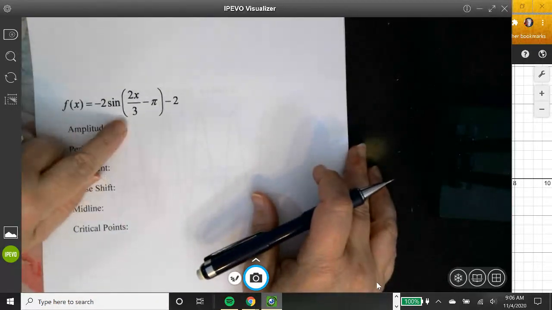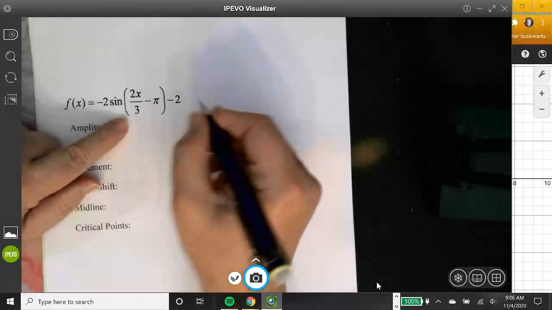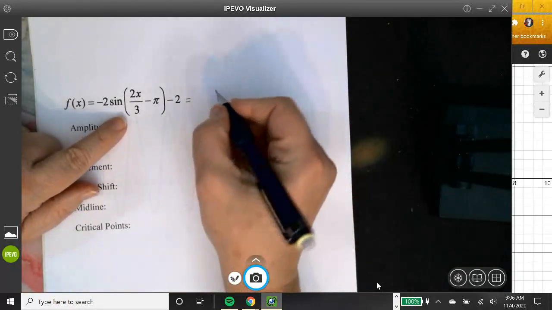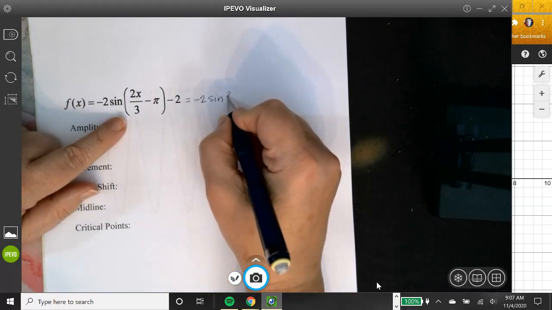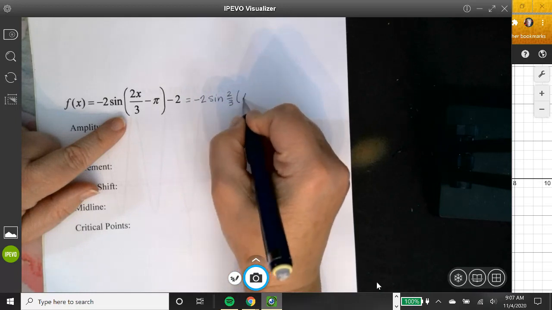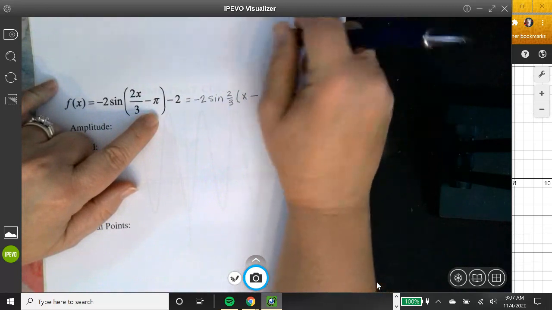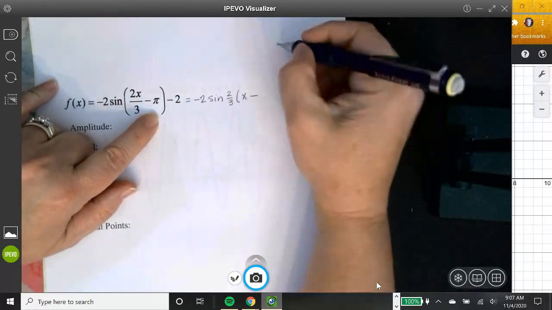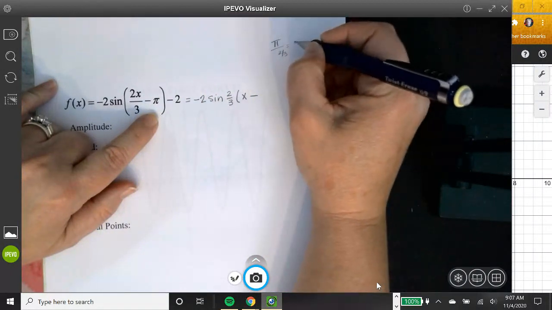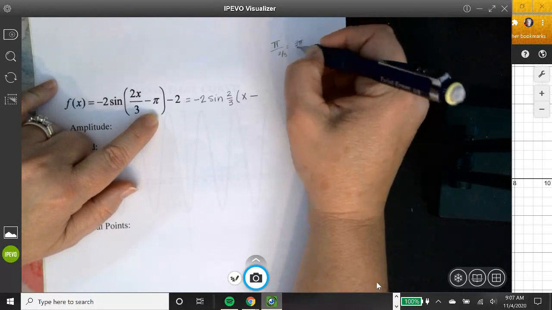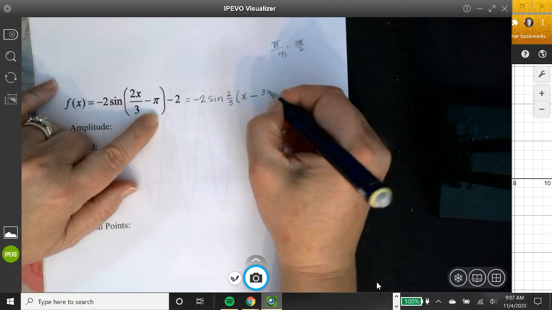Last one. Now this one looks really obnoxious. I thought 5 pi was obnoxious, so this is pretty obnoxious. Okay, so what are we going to do? We're going to factor out the b factor. So this will be negative 2 sine, what do I pull out? A 2/3. And I'm left with x minus, and now I'm going to say pi, oops, sorry. This is my calculation area right here, right? Pi divided by 2/3, which is going to be 3 pi over 2. Right, because I flipped the fraction. So this will be 3 pi over 2